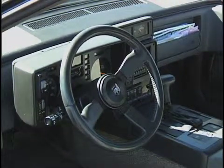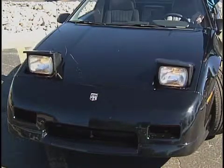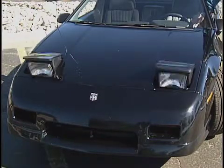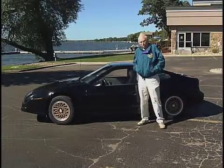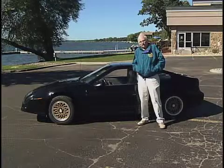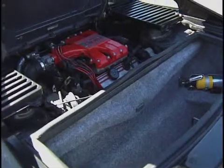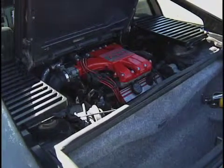The accessories on this are factory accessories, and it probably would be called loaded as far as what GM had available. It's the GT series, which has a little different body style than the original ones that came out in '84. The engine in this one now, instead of being a 4-cylinder that it originally had, they put a 2.6 V6